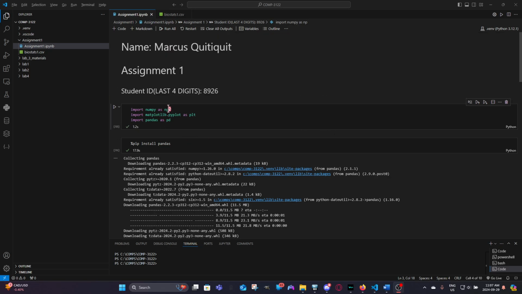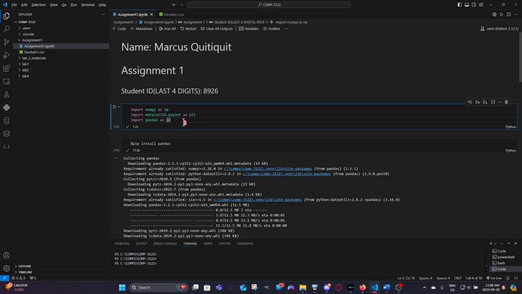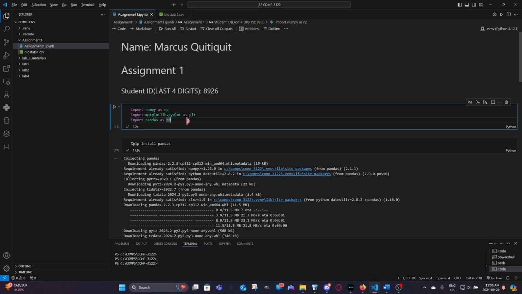Now, let's head straight to the point. This is our Python libraries where we import NumPy, matplotlib, and pandas. NumPy provides an array of objects, right? And it helps us fetch our arrays from a data set. And our matplotlib.pyplot is where we can create our graphs like histograms, scatter plots, and